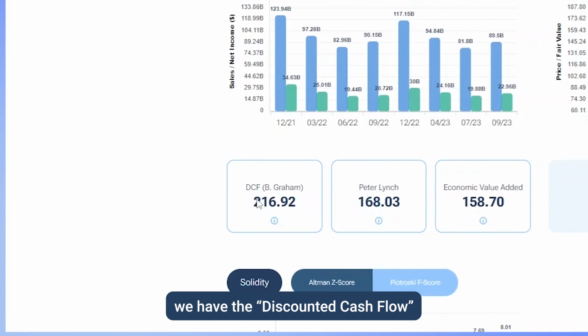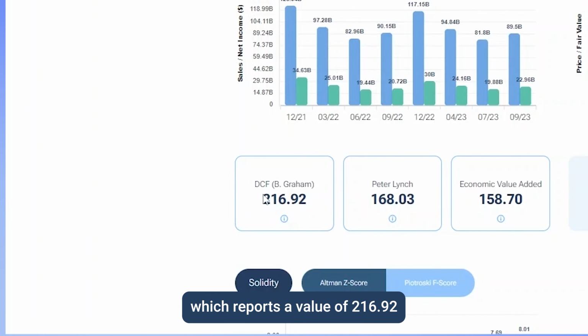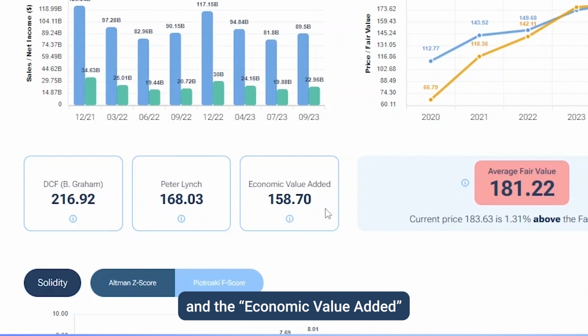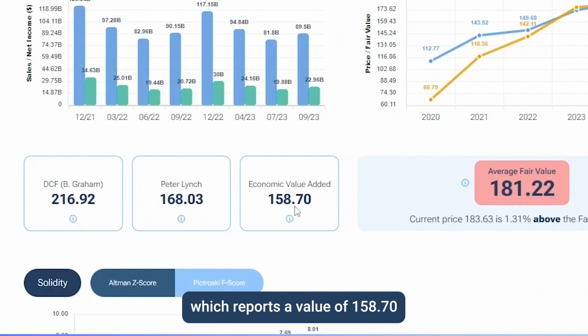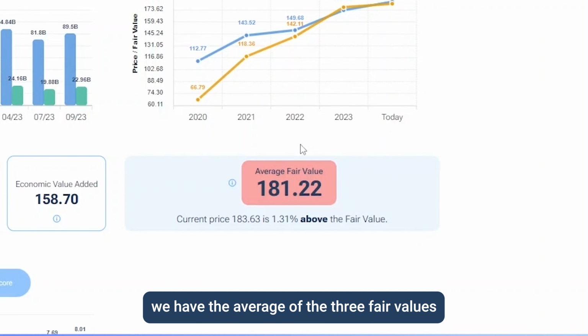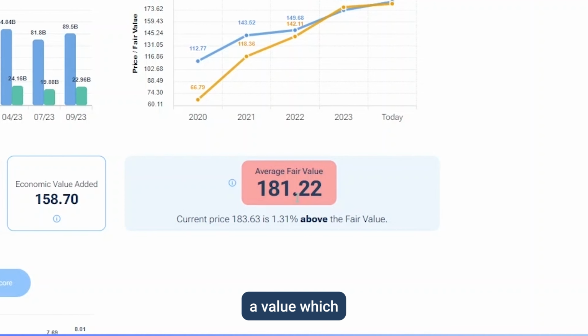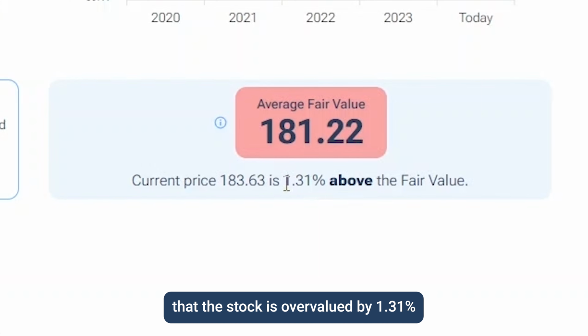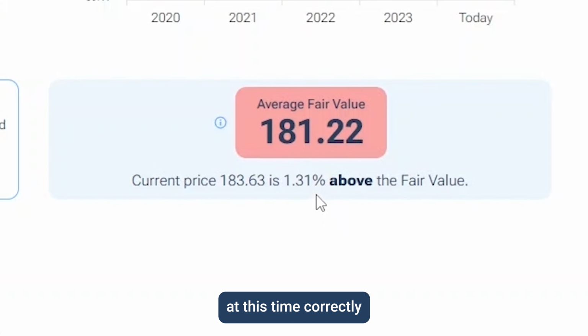In Apple's case, we have the discounted cash flow, which reports a value of 216.92, the Peter Lynch method 168.03, and the economic value added, which reports a value of 158.70. In this box, we have the average of the three fair values, a value which, when compared to the market price at this time of Apple's stock, tells us that the stock is overvalued by 1.31%,